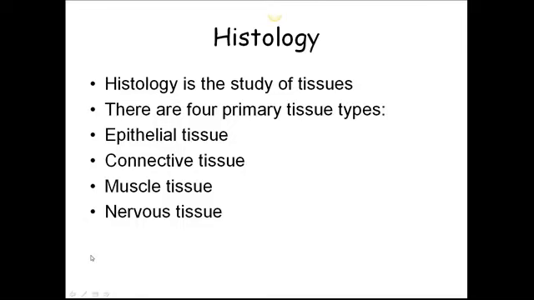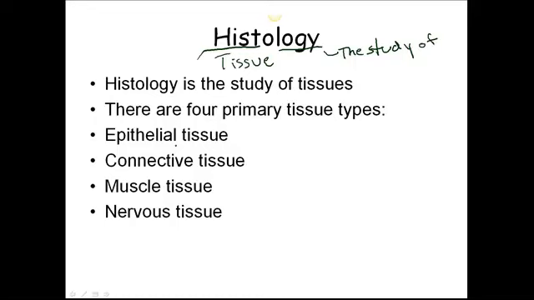So we're going to go over histology here. This is chapter 4. And histology means hist, here, means tissue. And of course this means the study of. So we're going to study tissues. There are four main primary tissue types